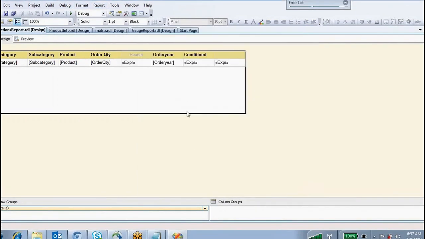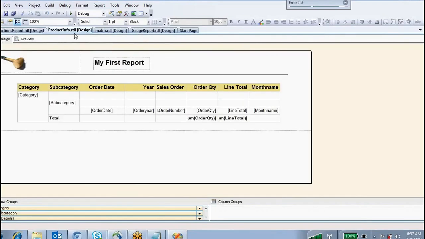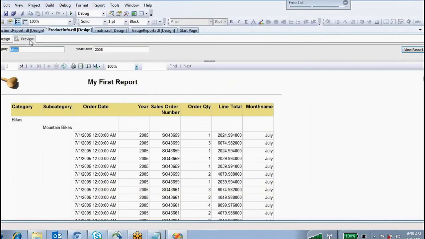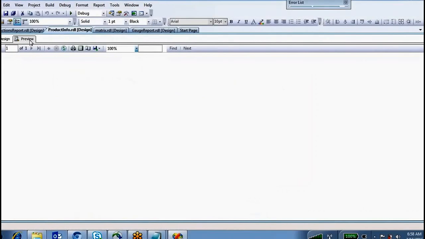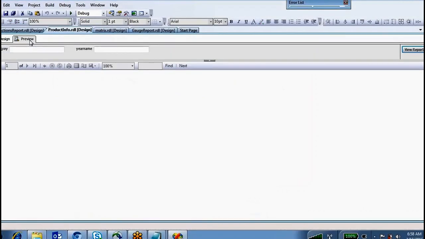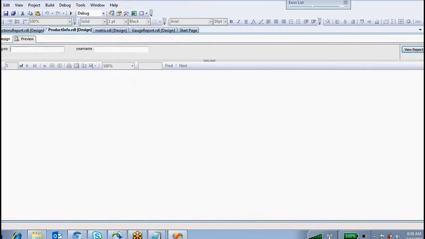Okay, right. So this is about some of the functions and some of the features we have missed in SSRS. And one more thing, we have created some parameter, right? For example, this is the category, right?